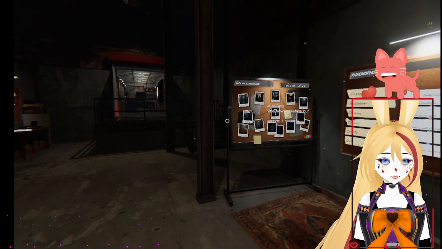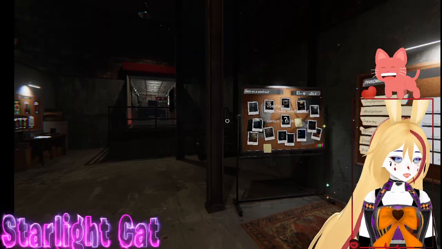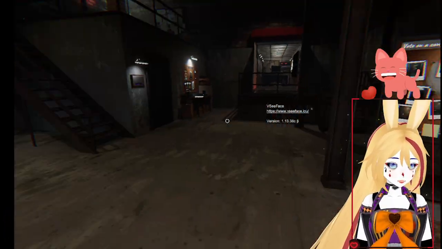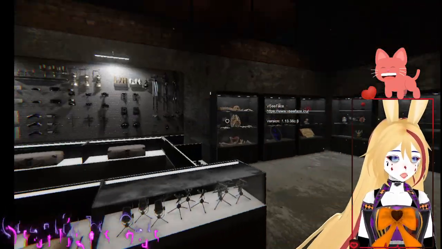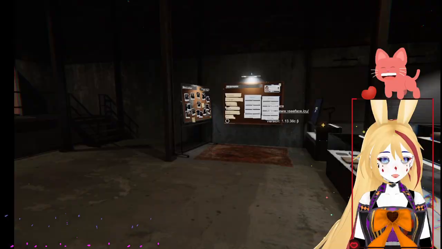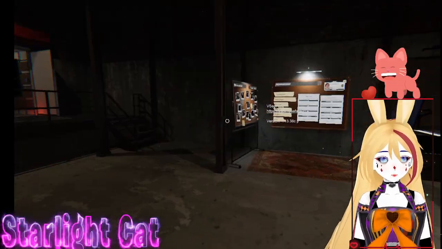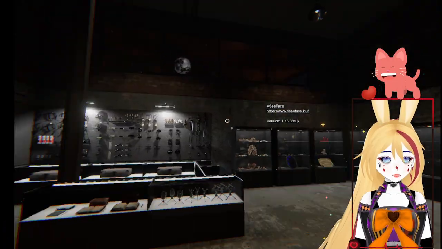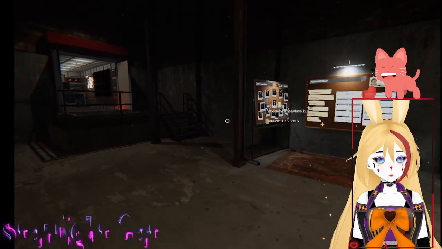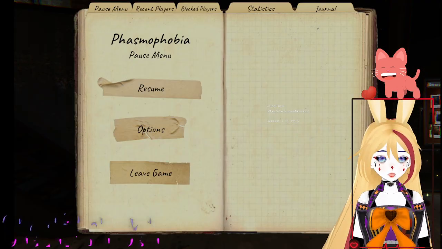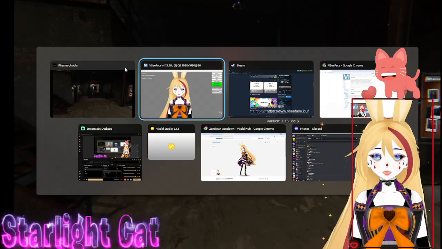So as you see, my model is still moving around. I'm still talking. It's still tracking. And I'm now in the game, which is also moving and working. So this is, as I said, a very spec-heavy game that does require high-end specs, and it's running just fine. And then we're going to go look at a low-end game,